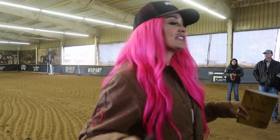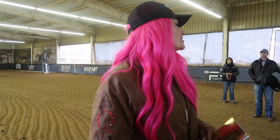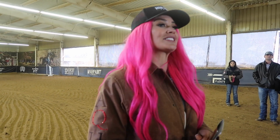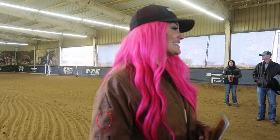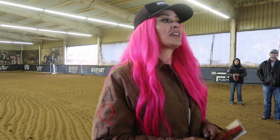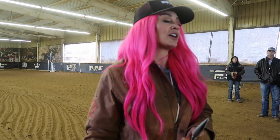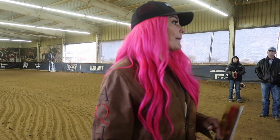It's also the exact dimensions of the Thomas and Mack Arena in Las Vegas, which really helps when you're training for that, and for you to realize how freaking small that arena is. Because if I set my timers just right, I could make 11 and 12 second runs in here. So we don't spend a lot of time in here. It's just a place for me to lope them around. I'll do a little bit of jumping in here,